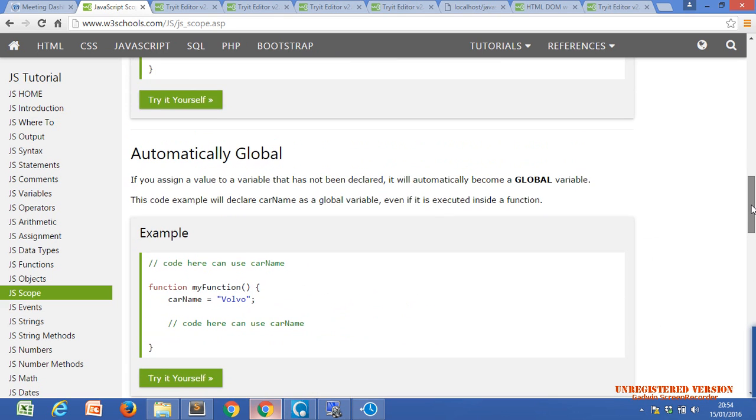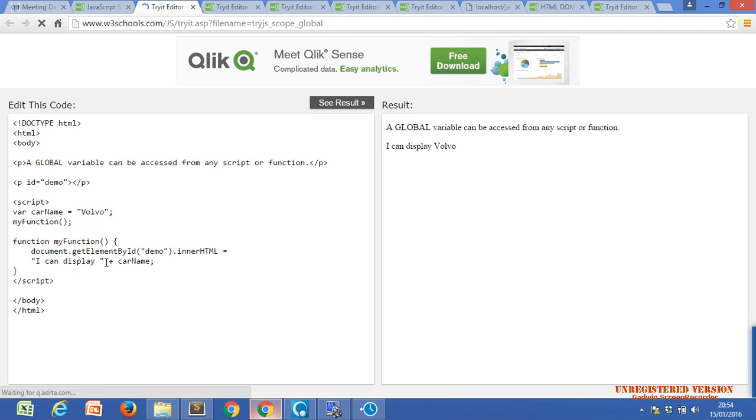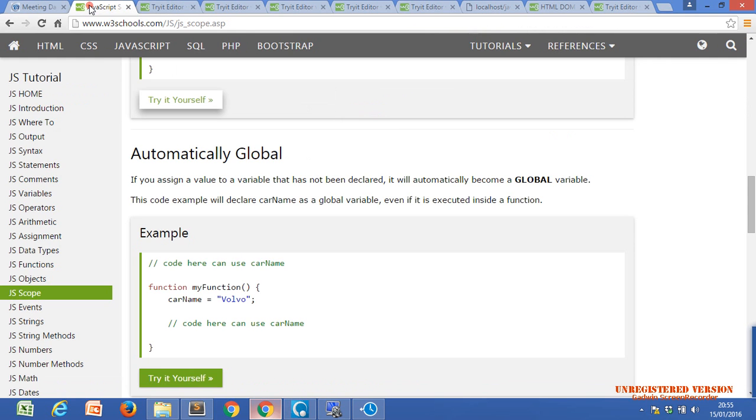Just try to run it yourself. If you have any queries or doubts about the functions and the scope of the variable, you can ask me. Okay, Kushi? Just try to practice JavaScript code. You can practice here on this website or in your own pages also.